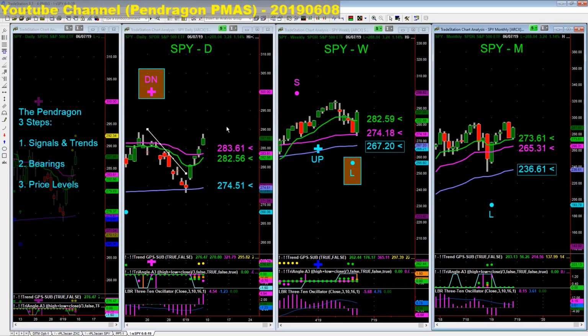Okay, that's step number 2. Now step number 3, we're going to consolidate price levels. What that means is that right now we have 3 time frames. Each time frame has 3 sets of numbers. What we're going to do is look for numbers that are fairly similar to each other,